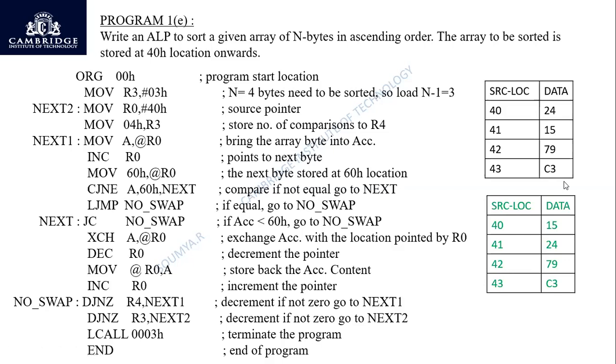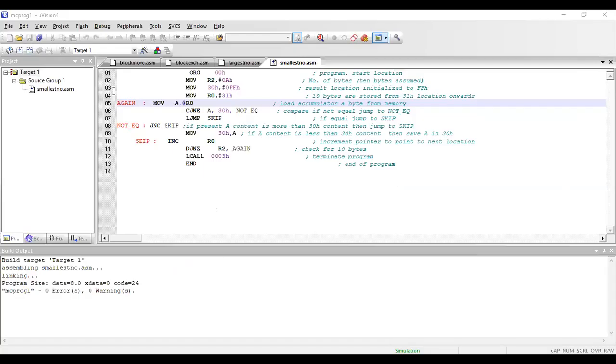We'll see it using Keil again. I'll enter into the Keil software. In that again I need to open a new editor window, and type in the program which is to sort. I am using a sorting program. So just copy that program and I will be typing it in the new editor window.